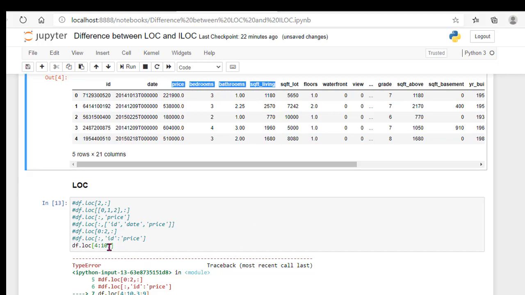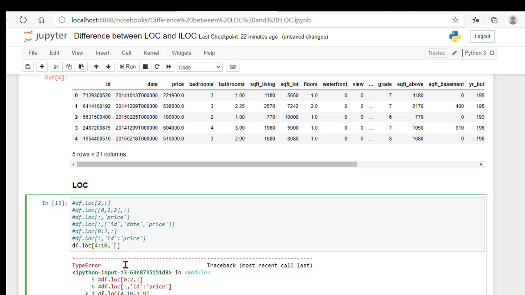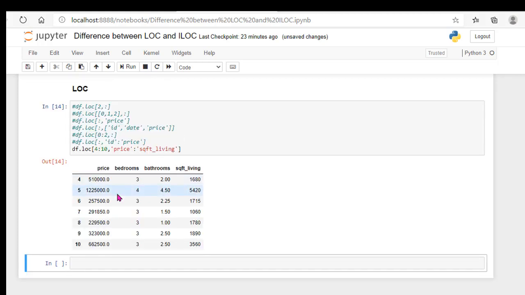Okay, from price to square feet living. Now let us execute. See, here I got the rows from 4 to 10 and columns from price to square feet living.